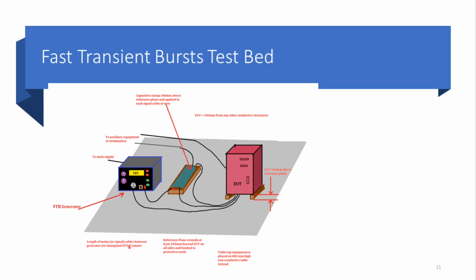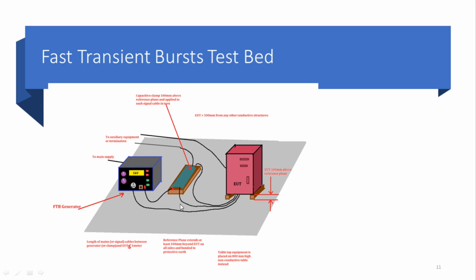The second part is the clear distance around the EUT. The minimum distance from the EUT to all other conducting structures, and this includes the test generator and capacitive coupling clamp, a condition which is sometimes forgotten, must be around half a meter. The coupling clamp itself must also have a clear distance around it of at least 0.5 meter. You can see this is the coupling clamp, so the distance around it is around 0.5 meter.